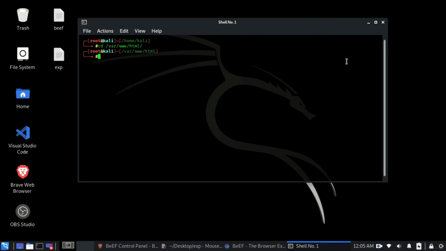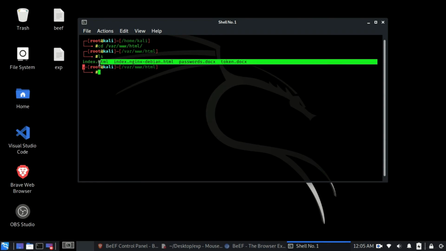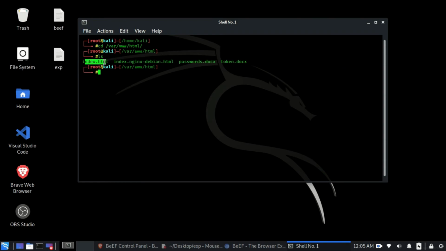As soon as I go to this location, I will list all the files, and this is the file we need to edit. This file is index.html. I will just edit it using the Nano text editor. So I will just type nano index.html and then I hit enter.